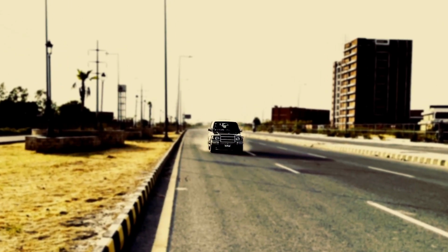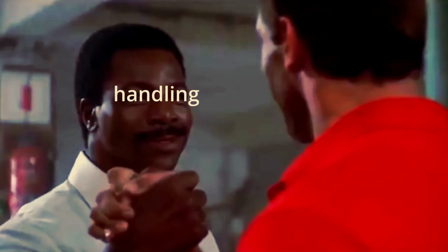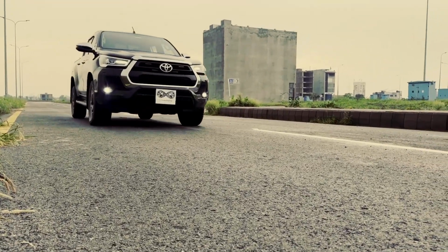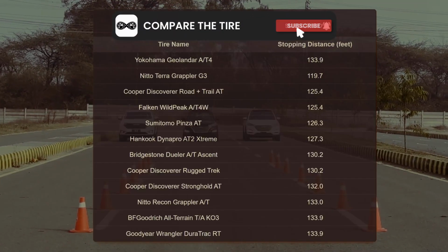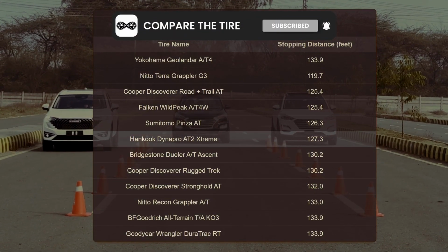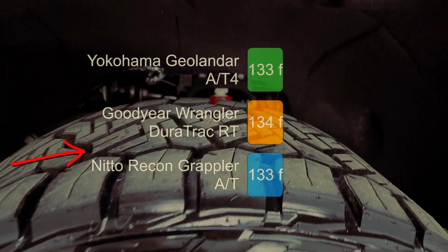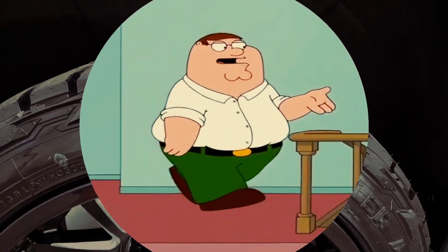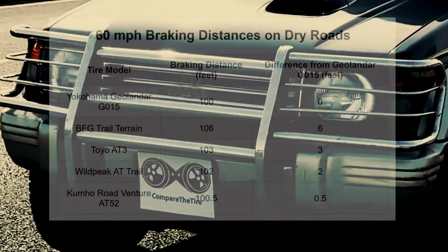On dry roads, there are 2 key things to focus on: braking and handling. Let's start with braking, and I'll be honest, it's not the Geolander AT4's strongest suit. Surprisingly, its stopping distances are similar to more aggressive tires like the Duratrac RT and the Nitto Recon Grappler. Now, this was a bit of a letdown, especially since braking was one of the standout features of its predecessor,